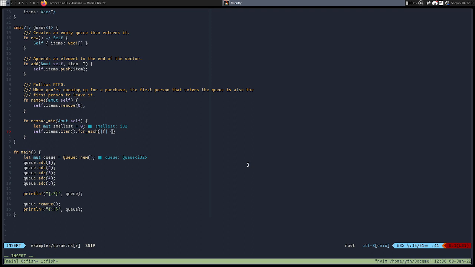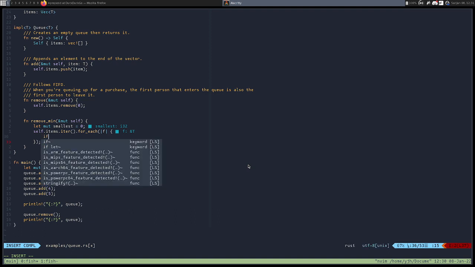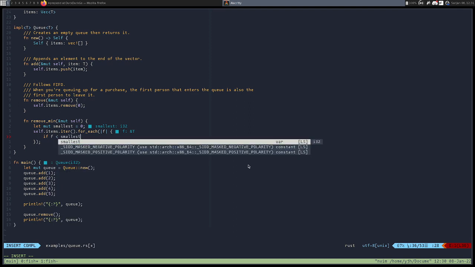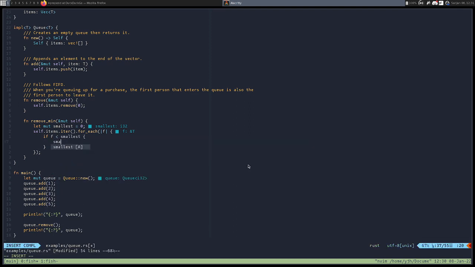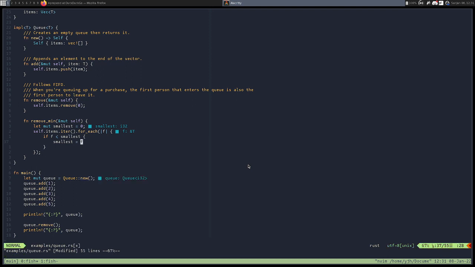F. Alright, let's see. For each. What do I want to do again? If f is smaller than smallest, then smallest will be equal to f. Then what I want to do at the end of it